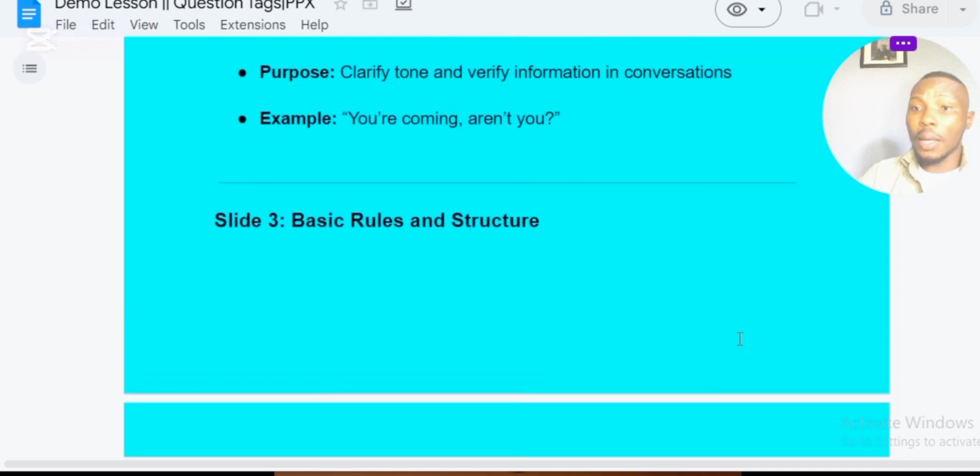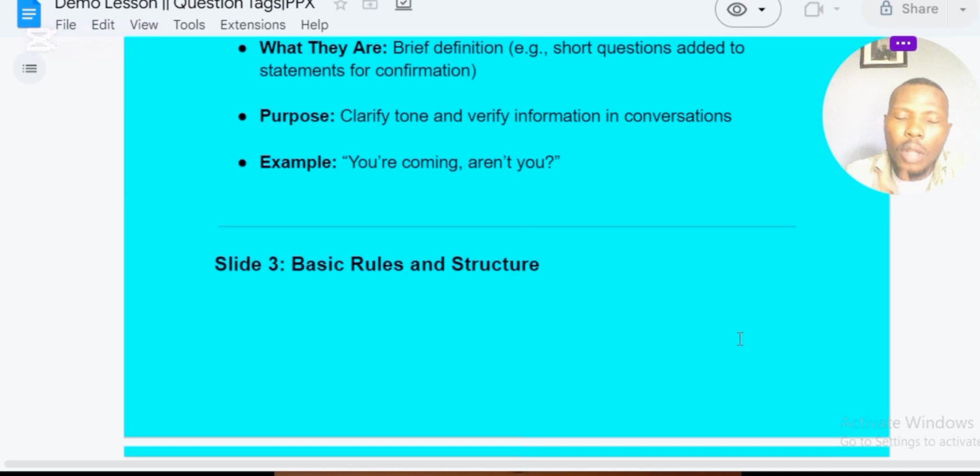We want to consider the principles. What are the principles that help us to use question tags correctly? We have some principles. You know, every subject you do has a principle, even life has a principle. So what are the principles or the structure we use in question tags? Those are the things we want to consider now, Jim. Now, from all we've discussed with the example and the definition, is there any principle you think would apply? I would like to hear from you. Okay.